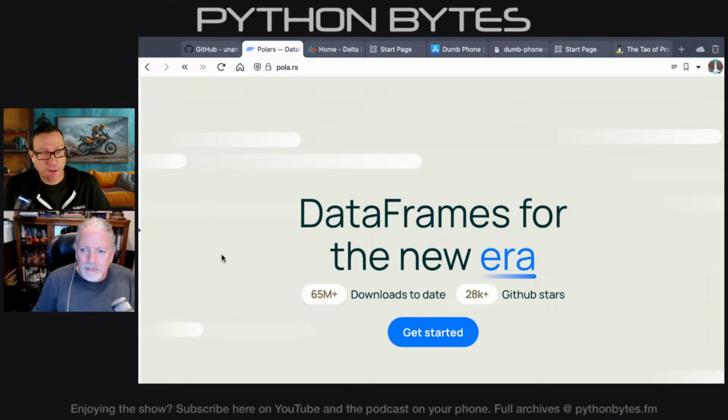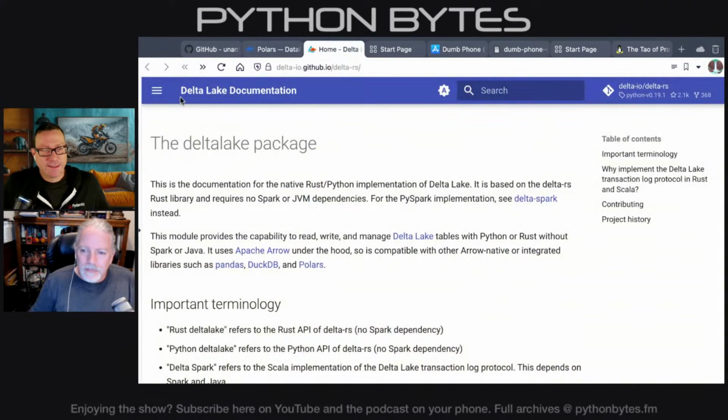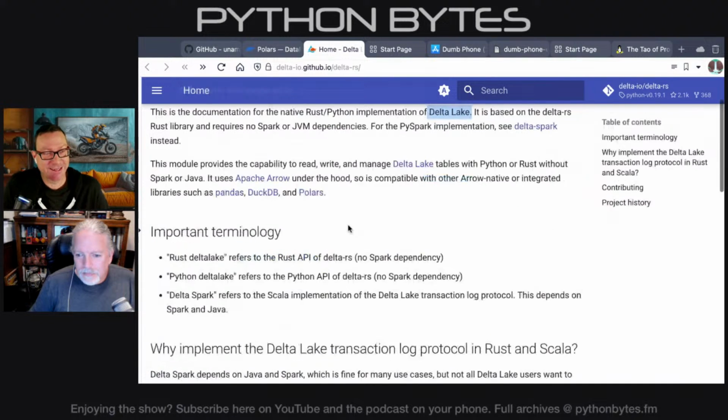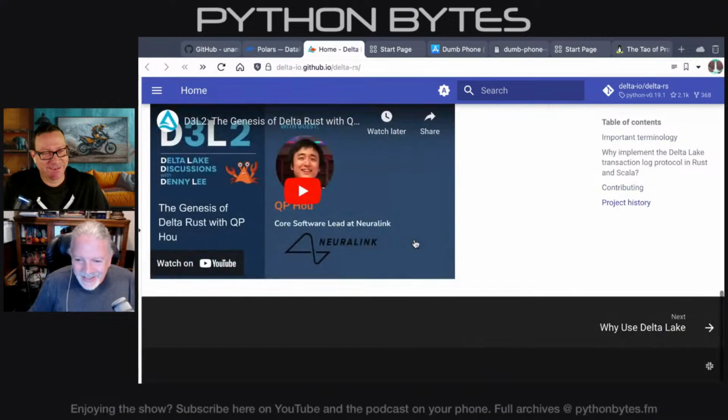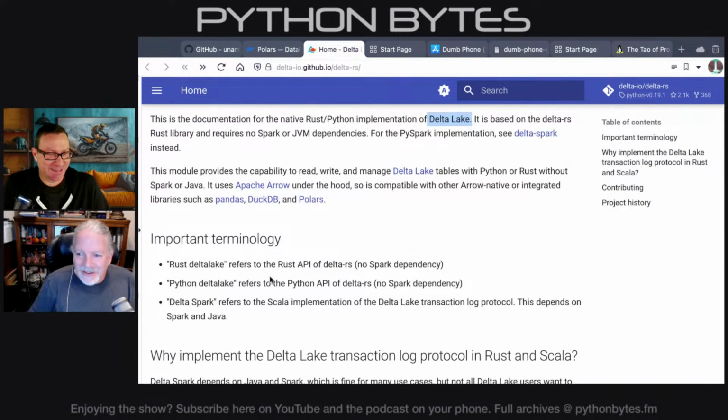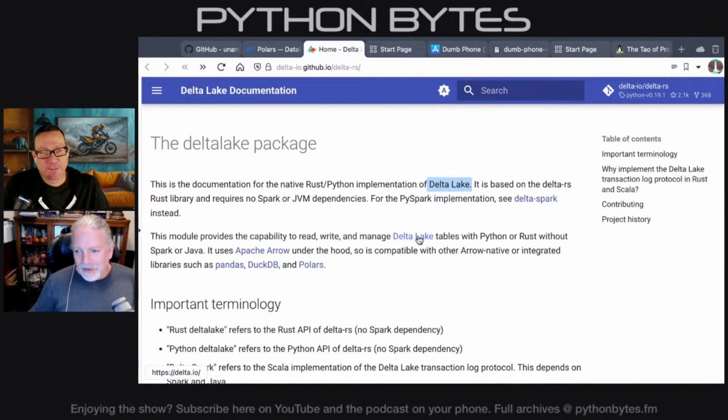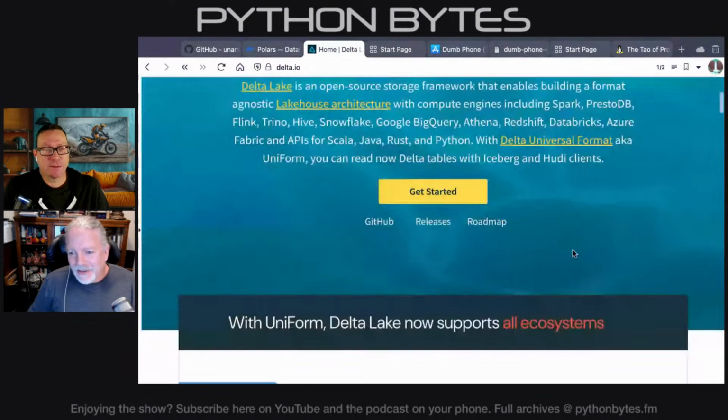All right, so that's one thing. The other is Delta Lake. This is an implementation of Delta Lake, I guess. Delta Lake, with a space rather than without a space. Oh, that clears it up totally. Oh yeah, absolutely.